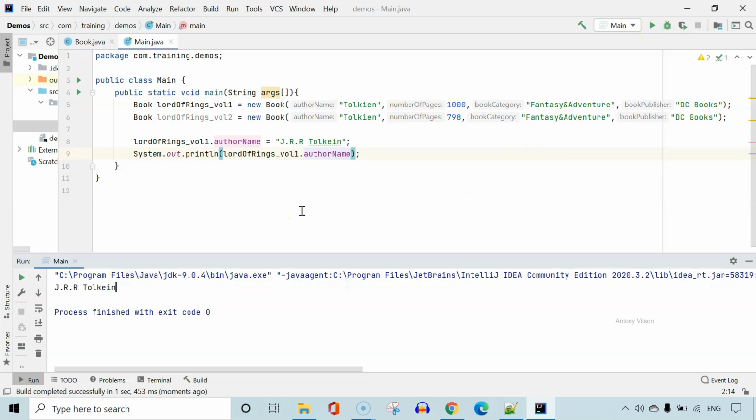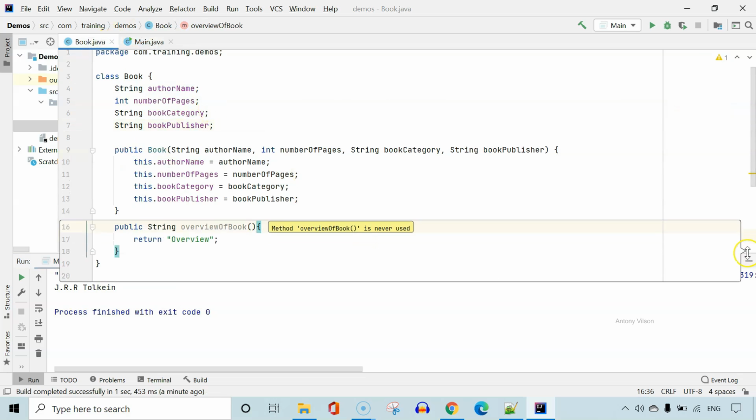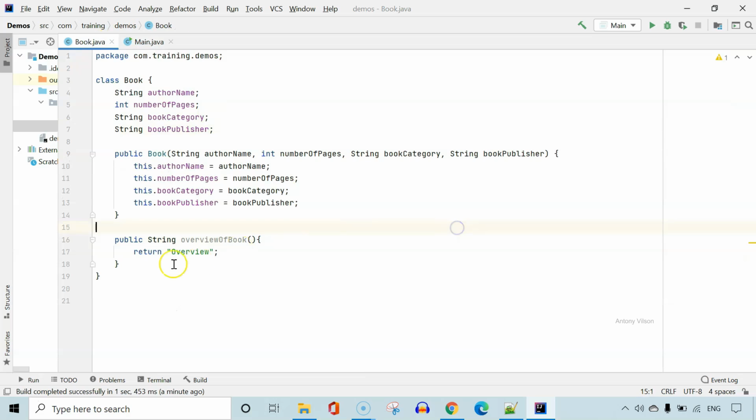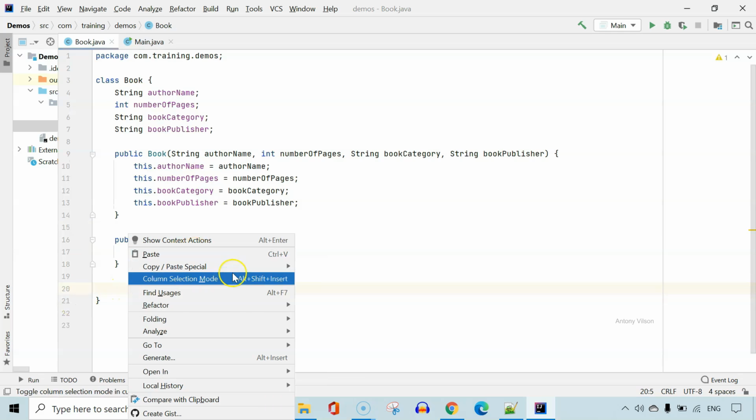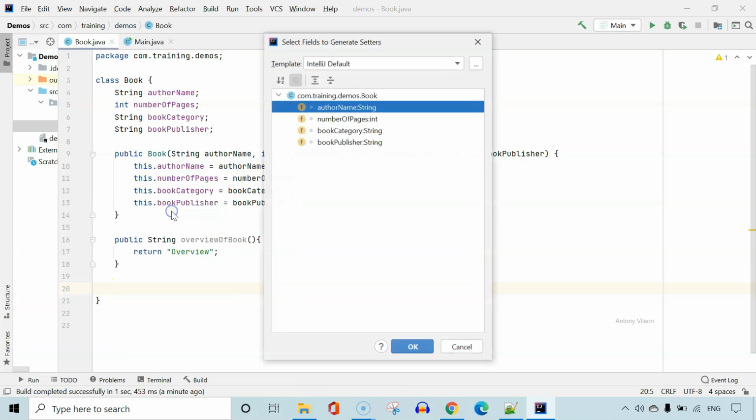So this is not the best way to edit. The recommended way to edit an object is using setter methods. So one can have a setter method like this. Here I'm going to create a setter method for author name. Generate a setter.